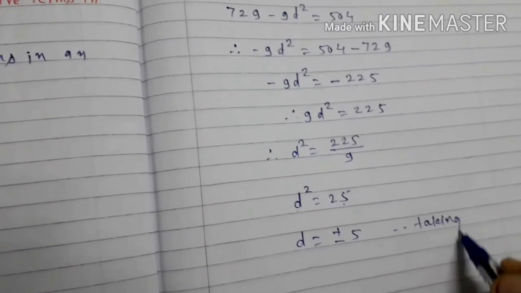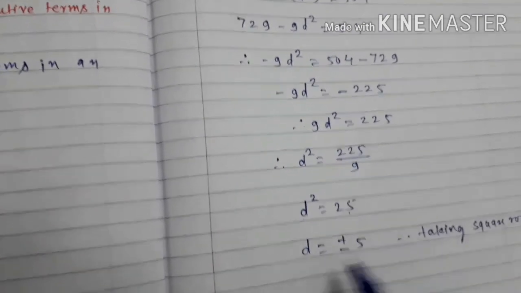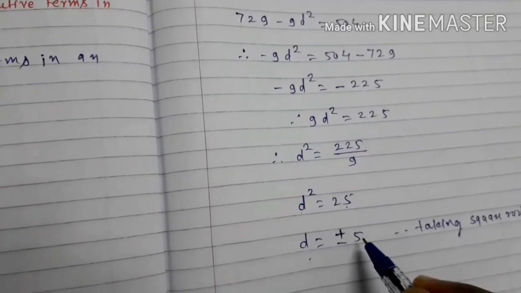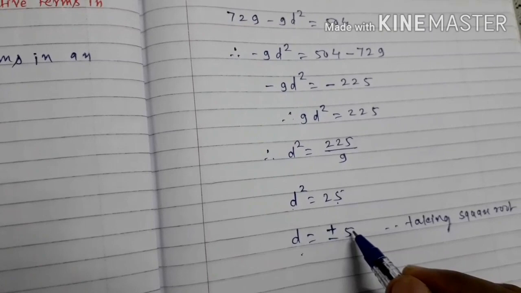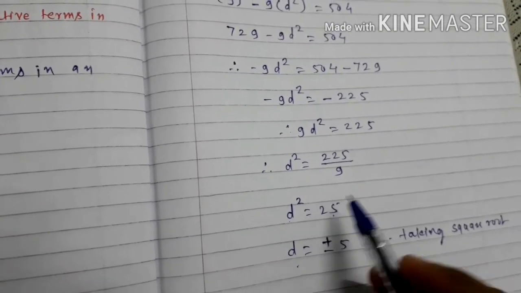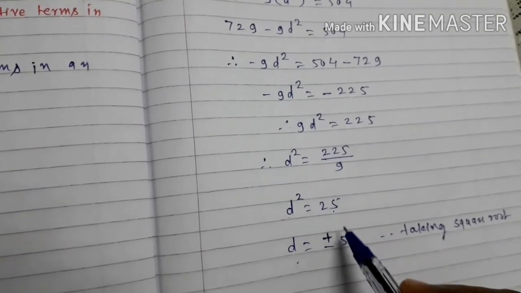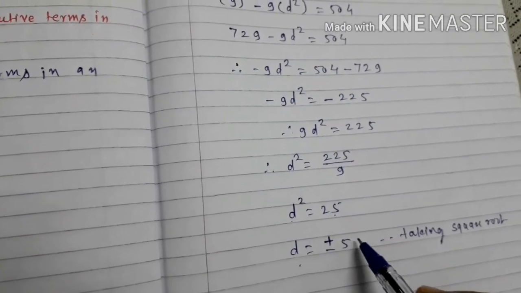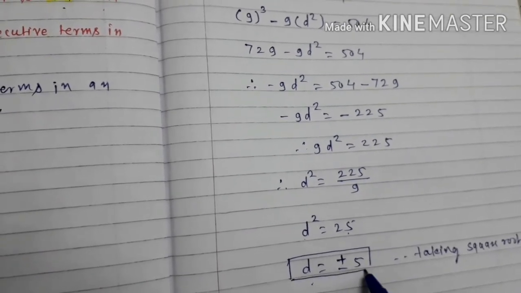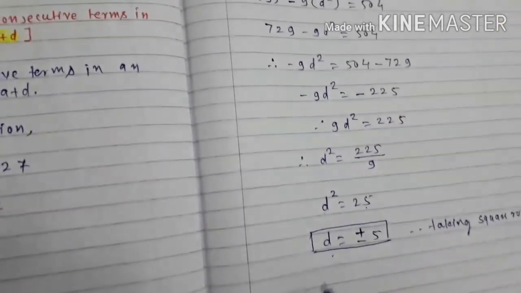So we know that 5 square is 25 and minus 5 square is 25, so the square root of 25 is plus 5 as well as minus 5, so d is equal to plus 5 and minus 5,